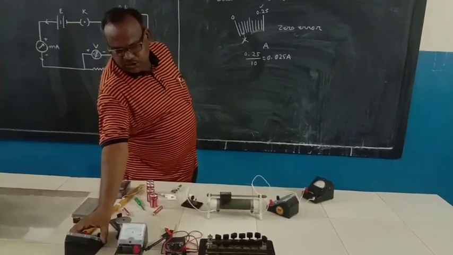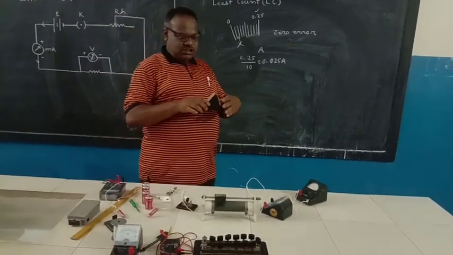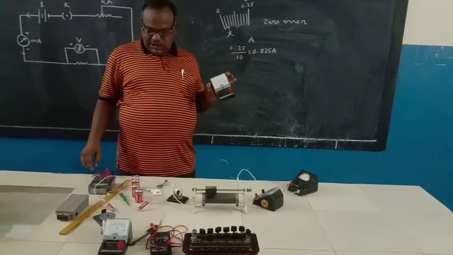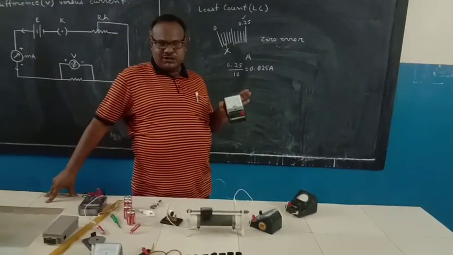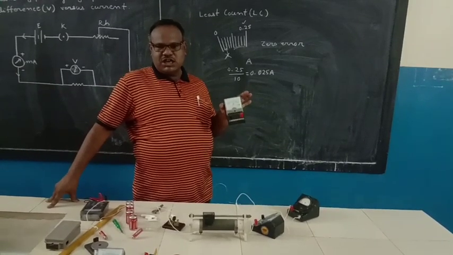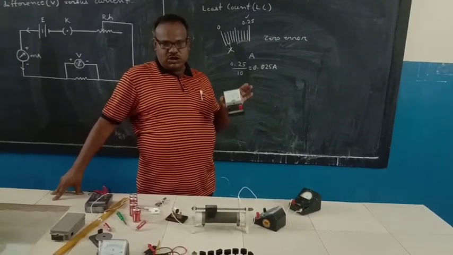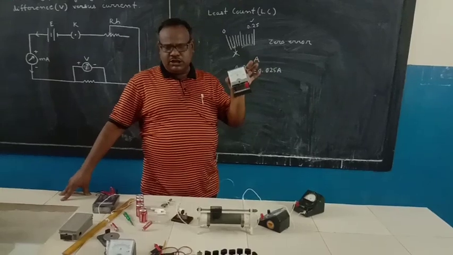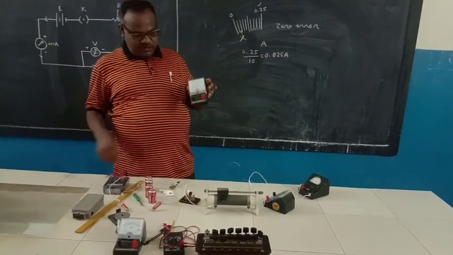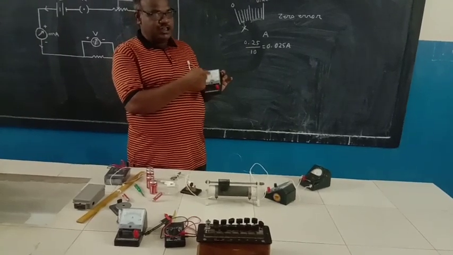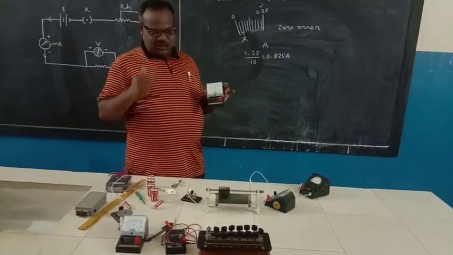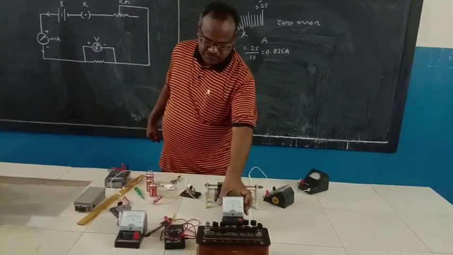Now, suppose you are taking a galvanometer. You have read that the galvanometer is the instrument which detects the existence of the current and also the direction of current. We will use it in the meter bridge. So this is your galvanometer. Here the pointer is at the middle. When it is at the middle, it is called null deflection.